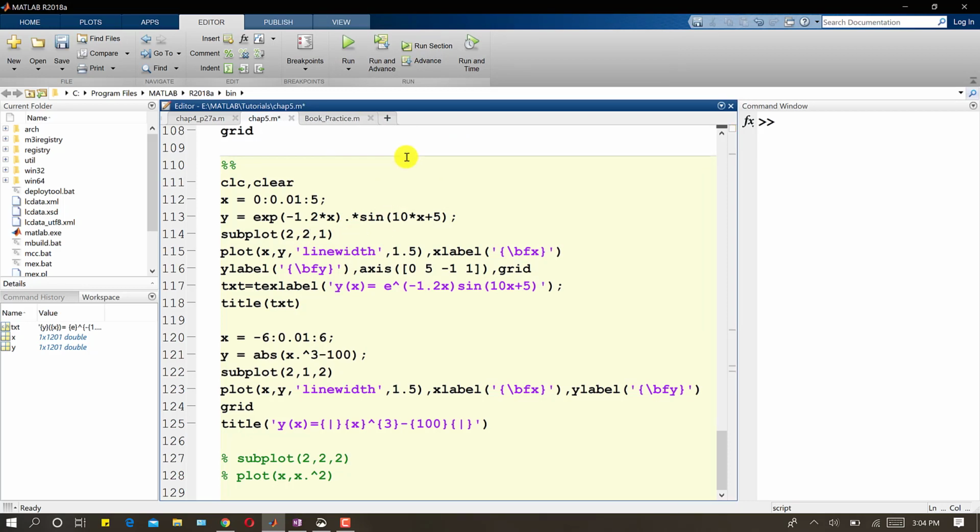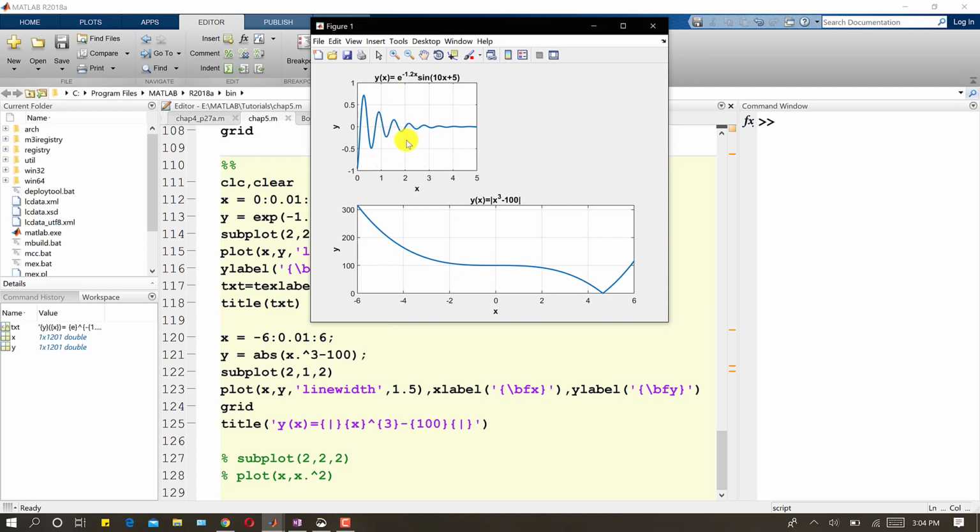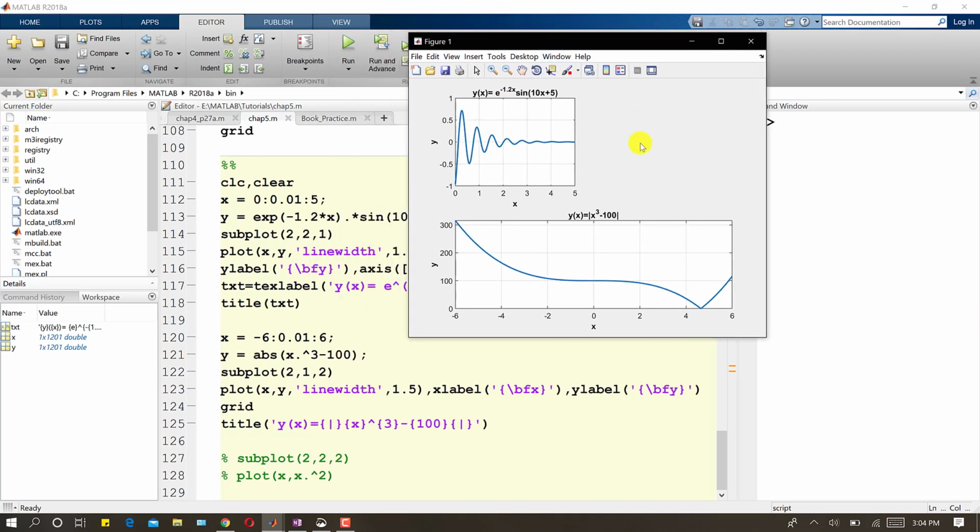and now if I run this, this is that 2, 2, 1 subplot, right? And this space is empty, so we haven't plotted for this. And then I have written 2 rows, so these are 2 rows and 1 column. As we can see, this is plotted in only 1 column, right? And for this, the figure was divided into 2 rows and 2 columns, right? So this space is remaining, right?